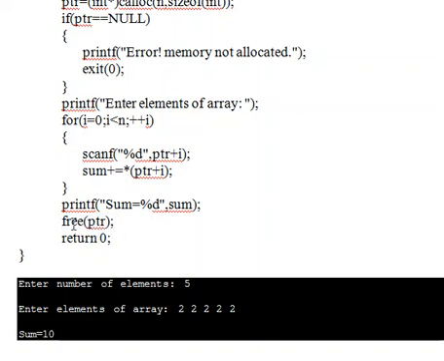For deallocating the memory, we have to use the free function. So free of ptr, ptr is the pointer variable. It is having the starting address of the dynamically allocated memory. So that starting address is deallocated from the pointer variable ptr. Now ptr is null. Okay, so we are deallocating the memory using free function.